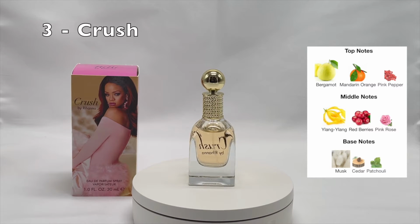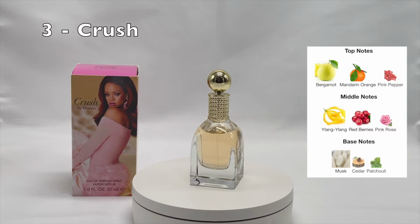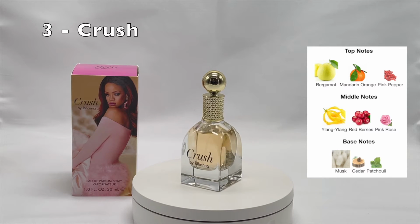In the middle, ylang ylang, red berries and pink rose. And in the base, musk, cedar and patchouli. Now in terms of the accords, I believe they are spot on. So you can really sense the fresh, bright citrus opening, the florals, yet there is some woodiness and some seriousness